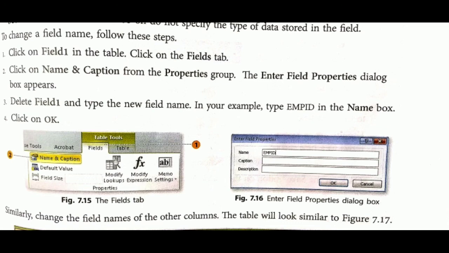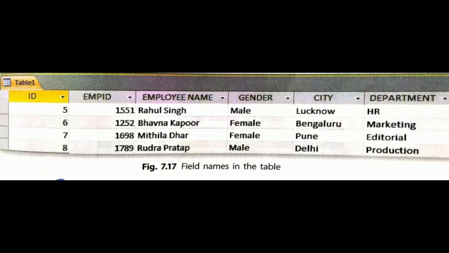Once you click on it, the Enter Field Properties dialog box will appear, like what you see in figure 7.16, and in the Name box, Field1 is provided. You have to delete Field1 and type the new field name. For example, here I am typing Employee ID instead of Field1, and I have to click on the OK button. Follow the same steps to change the field names of the other columns too. And finally our employee table is created with all the details.